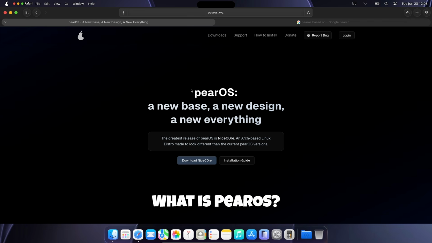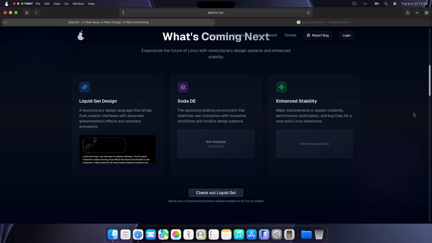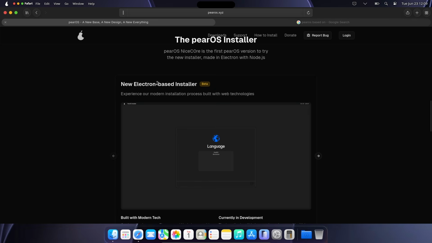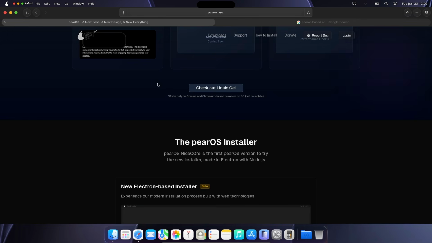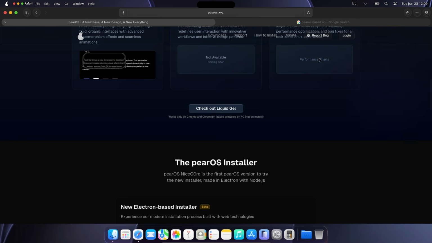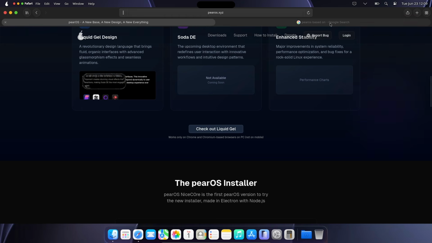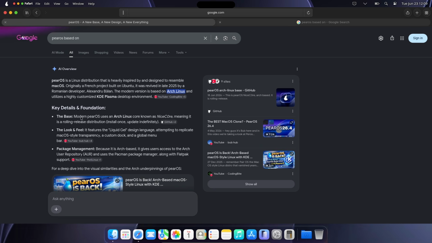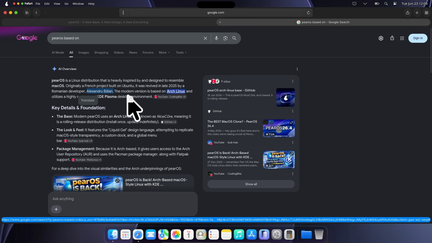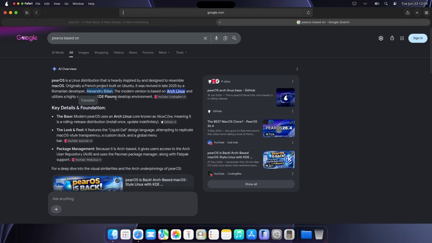What is PearOS? PearOS is an Arch Linux-based distribution developed primarily by Romanian developer Alexandru Balan. It revives and reimagines the older PearOS project with a heavy focus on aesthetics. The latest NiceCore releases, as of mid-2026, we're looking at versions like 26.6, use KDE Plasma 6 as the base